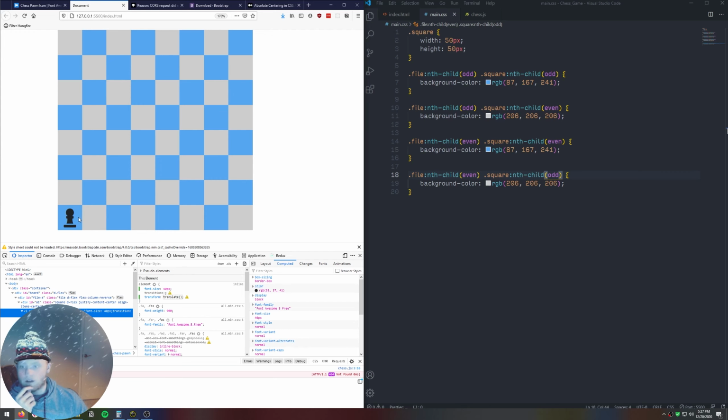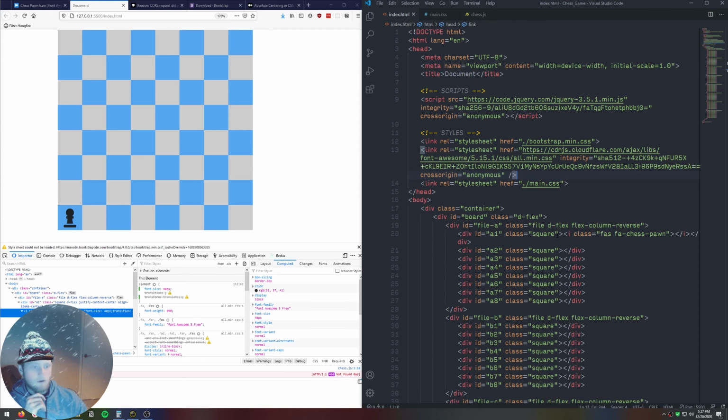So really, I would expect that, for example, A1 would be 0 and 0 would be the percentages, and then H8 would be 100, 100. H1 would be 100, 0. H2, 100, 12.5, etc. Right? But I think the easiest thing is,